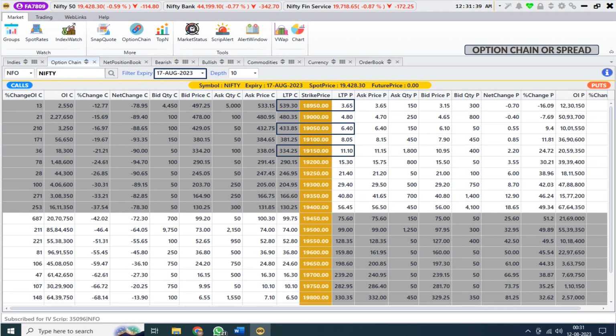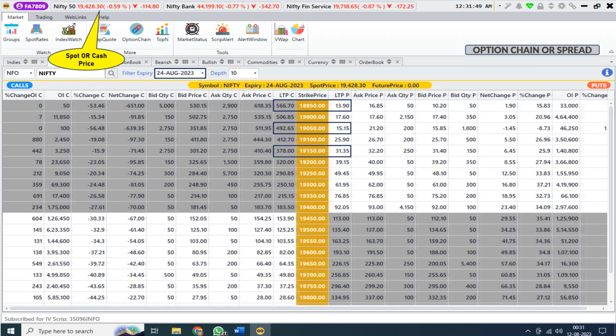Take a good look. These calls and puts premiums have a weekly expiration time frame. For example, August 17, 2023, August 24, 2023, August 31, 2023, so on and so forth. The premium prices for every strike price of each and every weekly expiration will differ in view of the option's time to live, considering the expiration date and subject